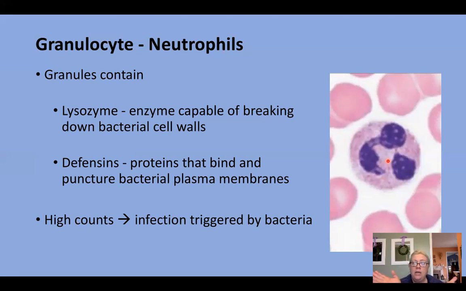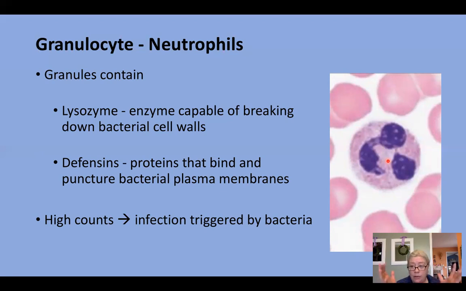So along comes the neutrophil, it sees a bacteria, it engulfs it, it brings it inside, and then it's going to release those lysozymes from the granules and basically dissolve away the bacteria after it's engulfed it. Another type of chemical or molecule that it contains within its granules is called defensins. And defensins are a protein that is also able to bind and puncture through bacterial plasma membranes